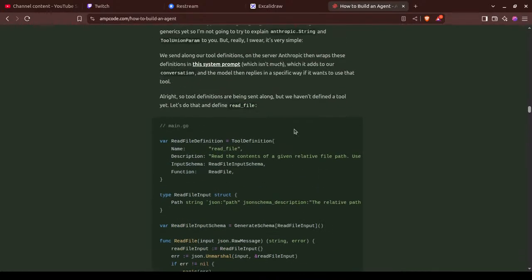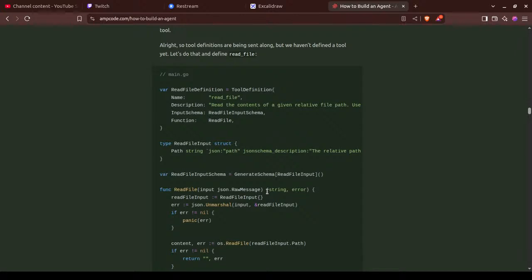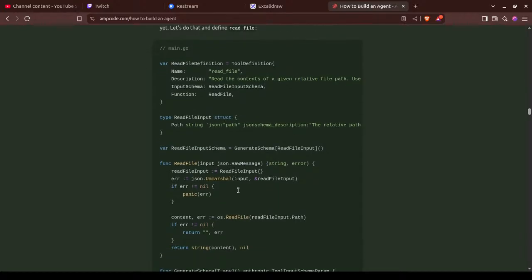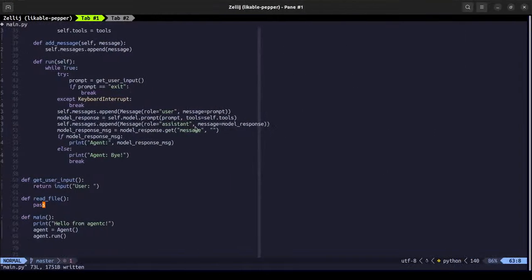So what we were saying is we will add this read file tool which takes in the JSON. At this point it has quite a lot of parameters.